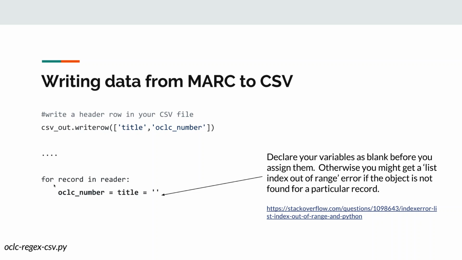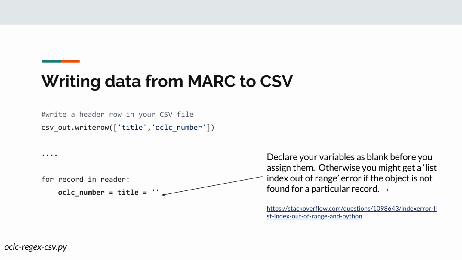The next bit of the file in this OCLC regex CSV is, again, I'm looping through each record. And before I even get to the MARC fields, I want to declare my variables that I'm using as blank. And the reason that I would do this is that later, when I'm writing each bit of data into my field, I'm going to loop through each record, I'm going to look for all the OCLC numbers and the titles. When I'm writing that, if say a title was missing, what I would see is Python would throw me a list index out of range error,